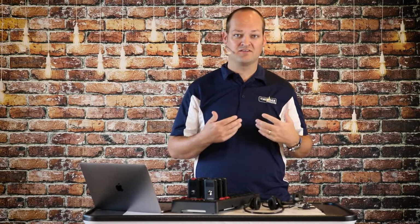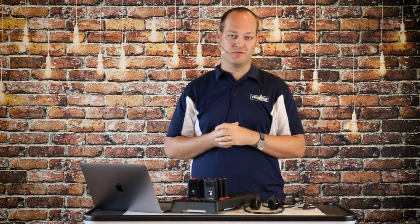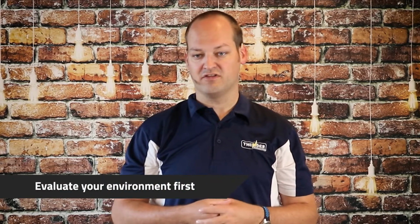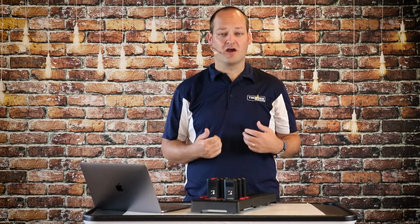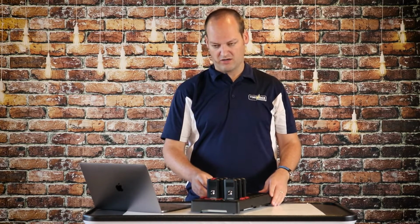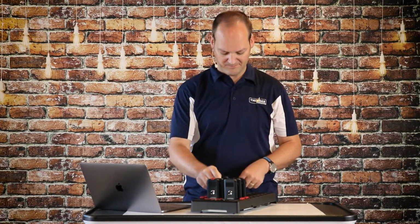There are many different headsets that are compatible with the system. There are two-ear models and single-ear models with microphones, a more discreet single-ear model with a microphone, and options that work with hard hats, full earmuffs, and in-ear buds, many options for people to use. You generally should select your headset based on the noise level of the environment first, and then what works best for your users. There's a variety of charging options as well. There are different size charging docks. There are charging cases that you can load the receivers into and charge them right in the case, or just